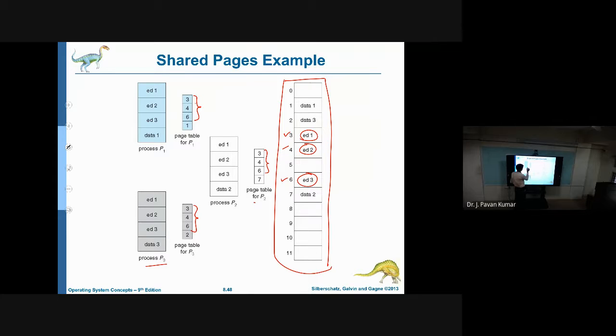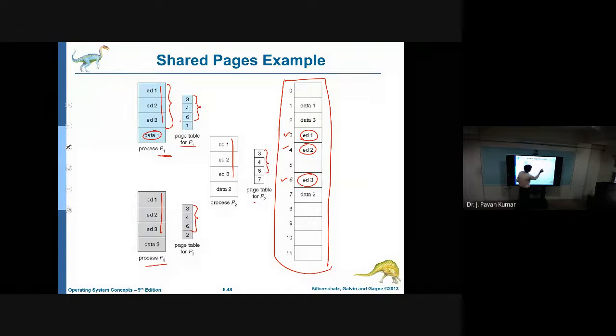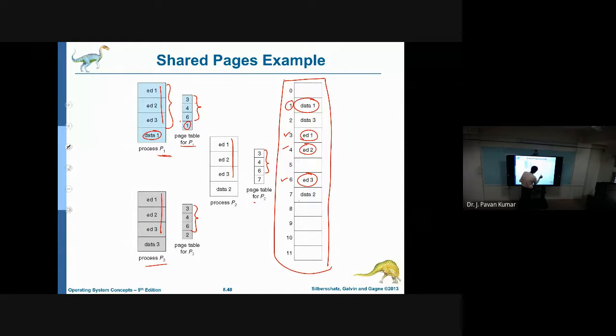But coming to the data, consider this is the requirement of process 1. Out of this, as this is code which is common for all processes, we have loaded it in common frames. Then data 1 is exclusively for this particular process P1. Where does data 1 reside? It is in the first frame that we have indicated. Next, data 2 resides in which frame? 7, that we have indicated independently.